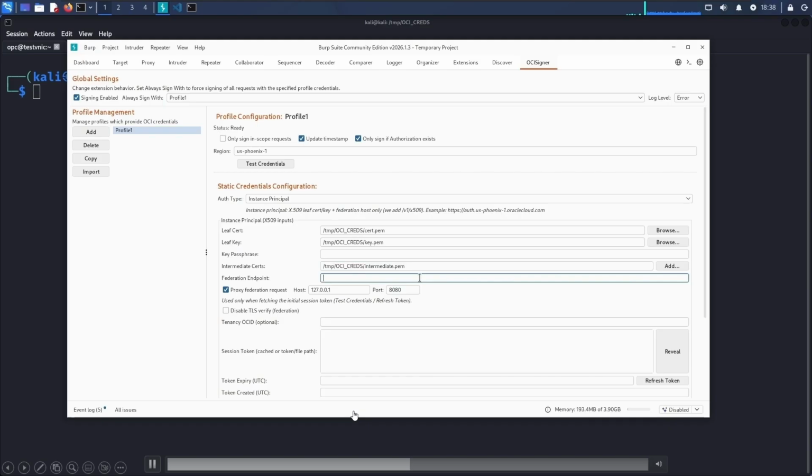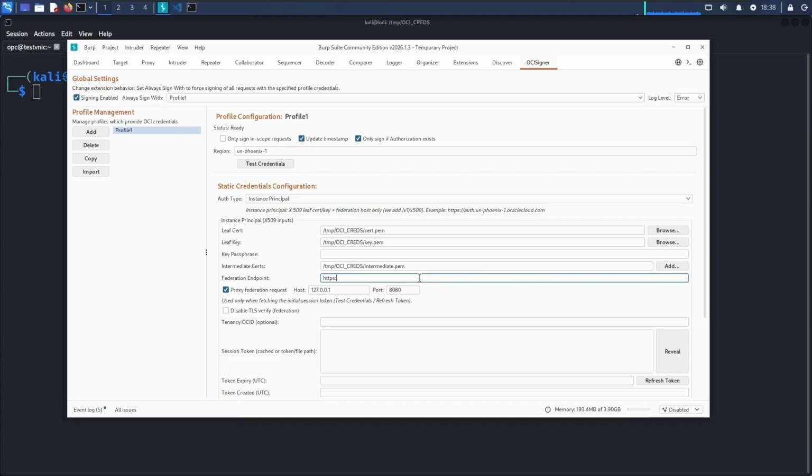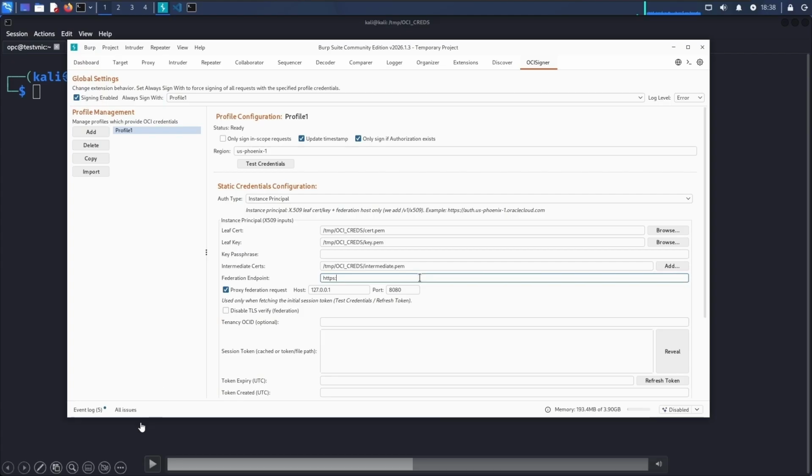auth.region.oraclecloud.com. It's actually slightly different for the gov account, it seems like. Again, read the GitHub wiki. It dives into this specifically, but I believe the gov one is like just a slightly different domain name. So I think this would also work in a gov environment. Again, I just tested this in commercial, where it's going to be auth.region.oraclecloud.com. So you just got to type that in there.